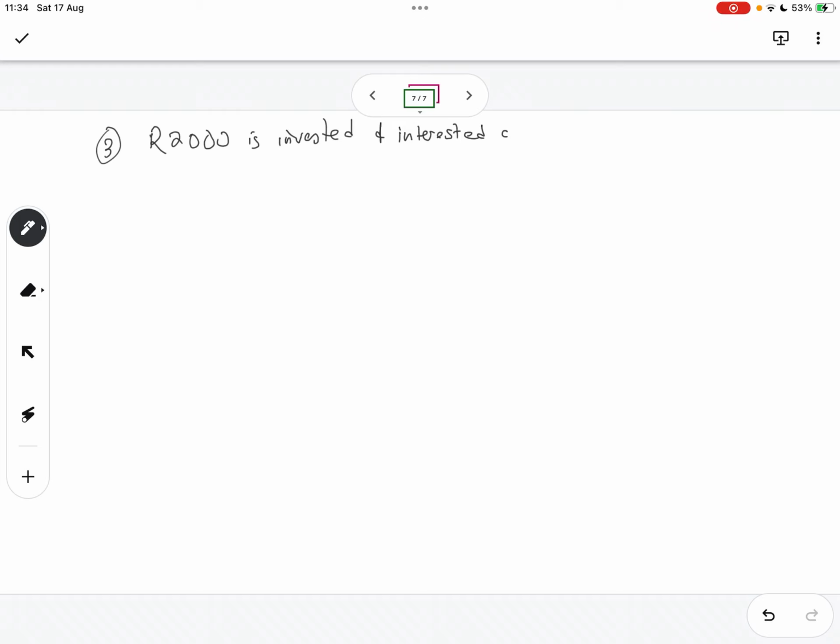So interest is compounded monthly. Okay, so at 18 months,